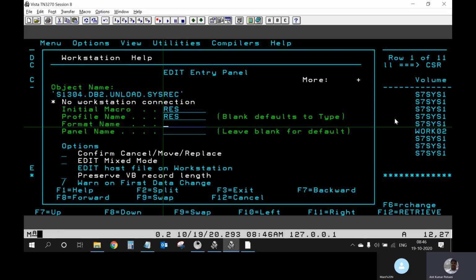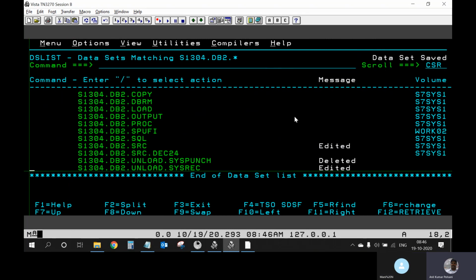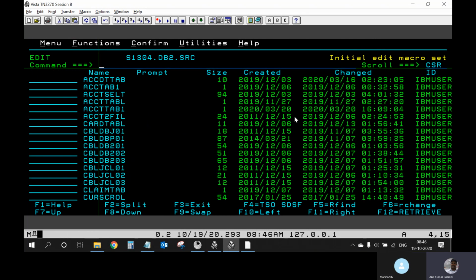In the third case, we ran successfully with load replace. Now what I want to do is make some errors with my data, something like this, wrong, invalid data. So what we should expect is an abend when particular data is incorrect while loading.